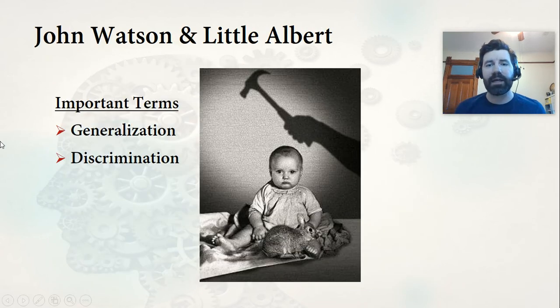So really the only thing I want to add to this is this terrifying picture of a hammer kind of behind this baby here. And it is the story of John Watson and the famous Little Albert experiment. So John Watson, based off the works of Ivan Pavlov, took classical conditioning to the next level. What John Watson did was he experimented with this orphan, Little Albert, about 9 months old, and he placed a small white rat in Little Albert's lap.